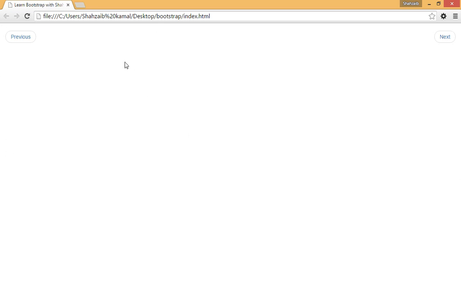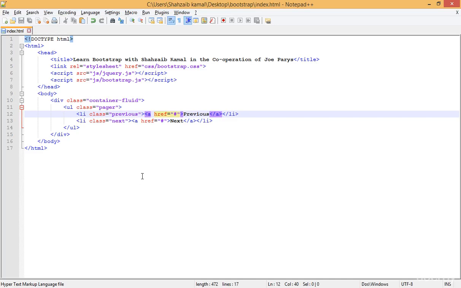If you use a column like column MD2 or MD3, then they will be much nearer, just because of their parent tags. So by the way, this is just the pager. In the next step,